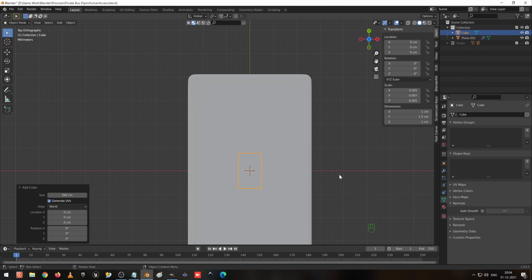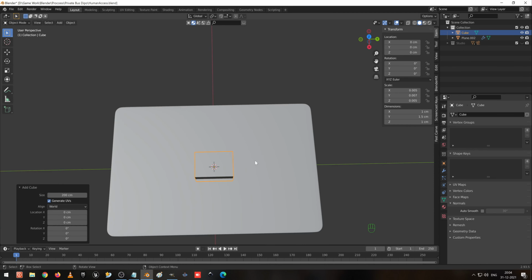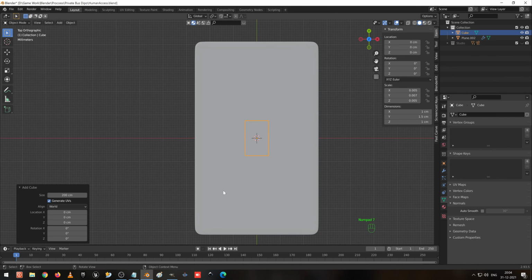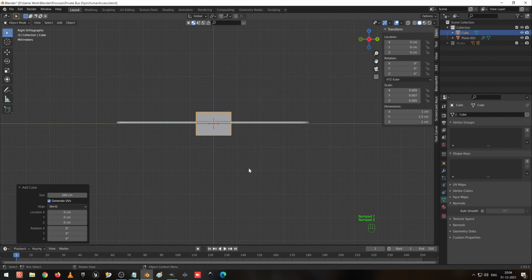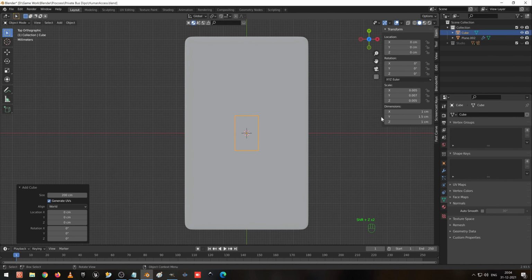So now this looks, I feel like it's still big. So I go to the top view, so I go to the solid mode. It feels like it's still very big, so I make it 1, it looks like a rectangle now. So make it 1.2. This is fine, and this one is 0.5.